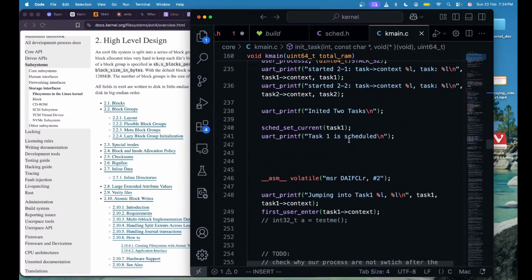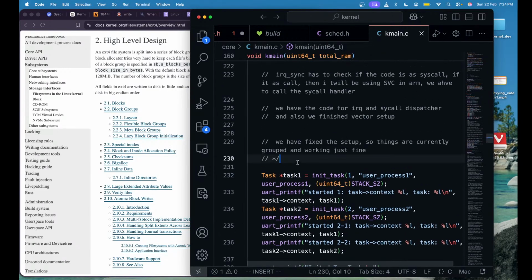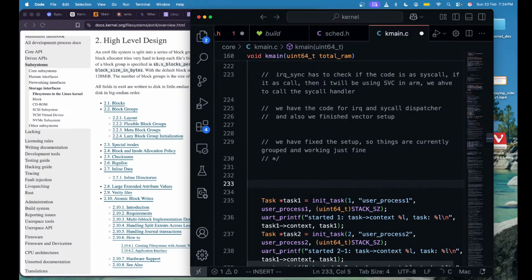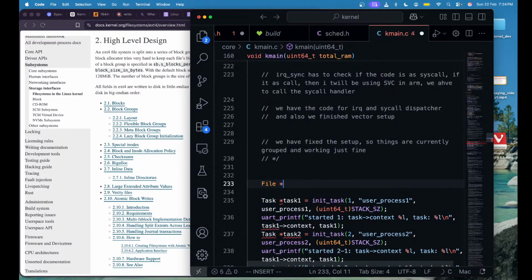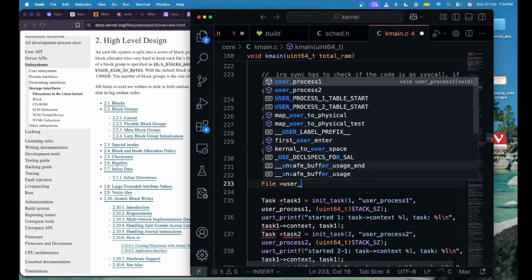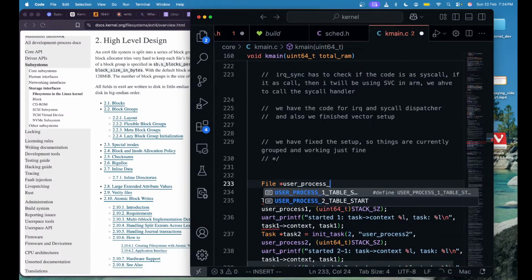Okay, let's think about it. Let's say I want to write something here, something like file, that is task, user process one, no, user process file one. Okay,